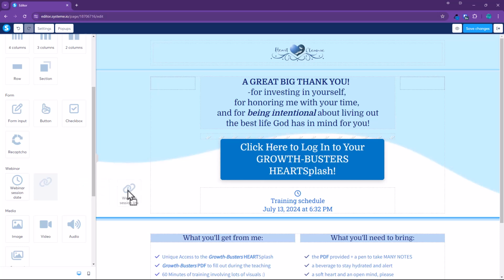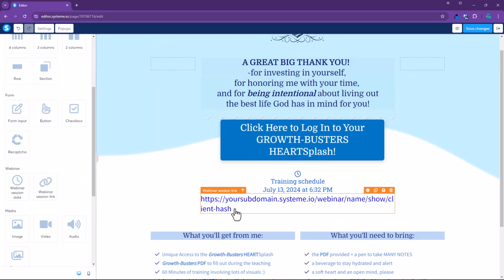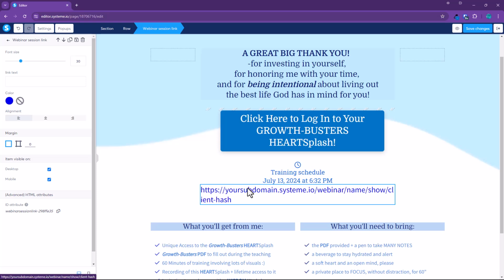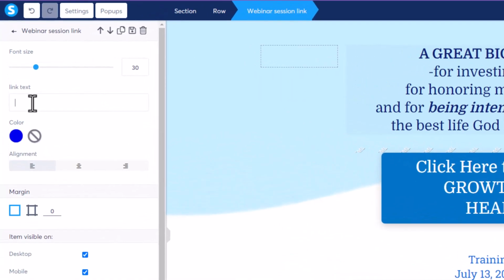Now when you start off, and let's just pop it down here below this training schedule, this is what it looks like. Okay. So that's obviously really, really gross. You don't want to use that. You want to keep it that way. So the very first thing you would want to do, if you don't do anything else at all, is just click into it and then link text. And you would do something like click here